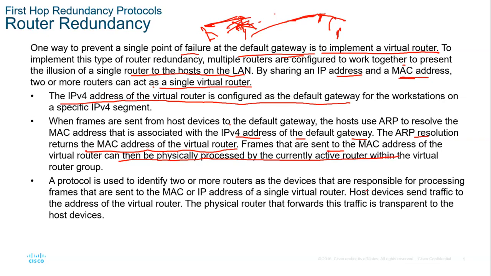The host device sends traffic to the address of the virtual router, and the physical router that forwards this traffic is transparent to the host. So in this process, let's assume that we have the redundant routers, and this and this